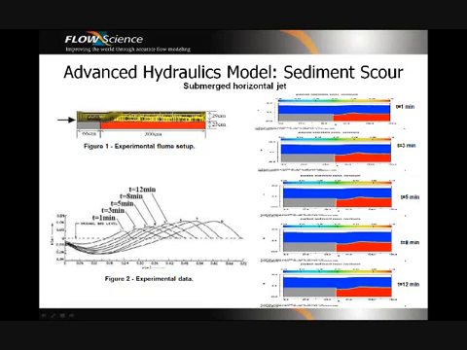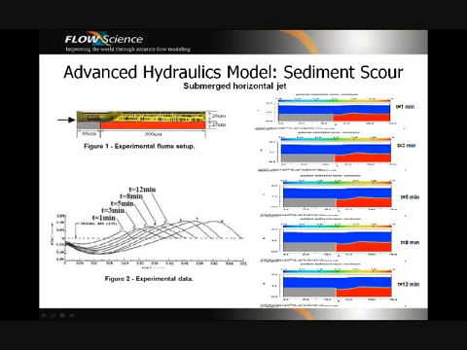I'd like to cover our sediment scour hydraulics model. The next two slides are a part of the validation of our sediment scour model. Scour and deposition are an important consideration in the design of bridges, dams, and reservoirs. The sediment scour model in Flow3D enables users to study the erosion and deposition of sediments caused by powerful currents